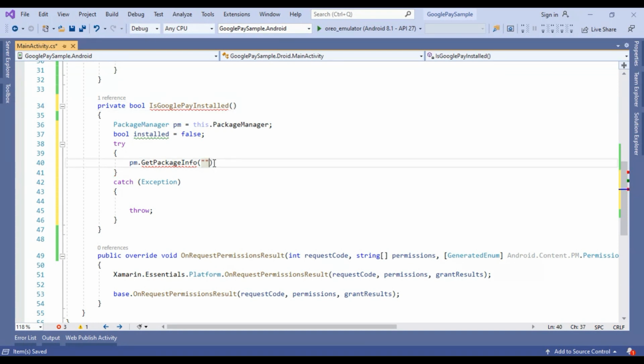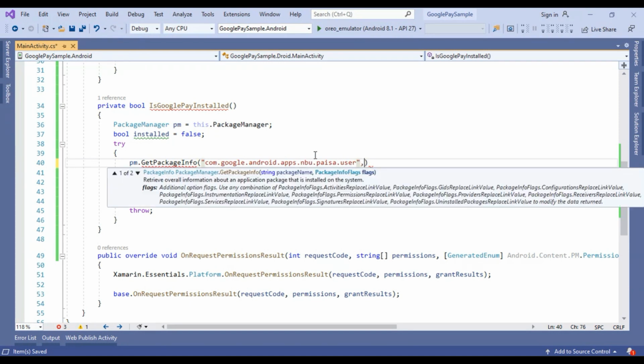So what is the package name of Google Pay? If we go to the Play Store, we can notice that the Google Pay package name is com.google.android.apps.nbu.paisa.user. This is the package name of Google Pay.